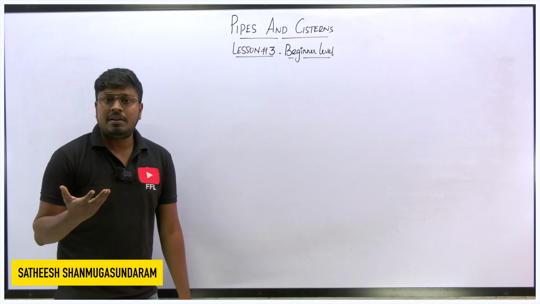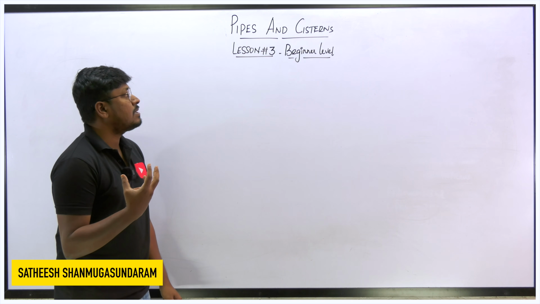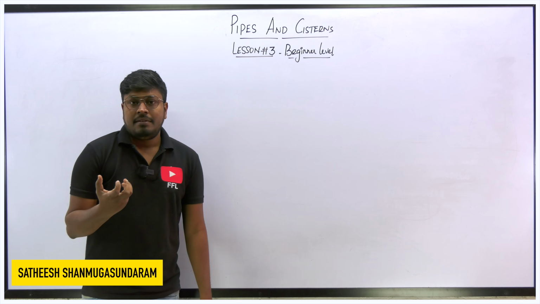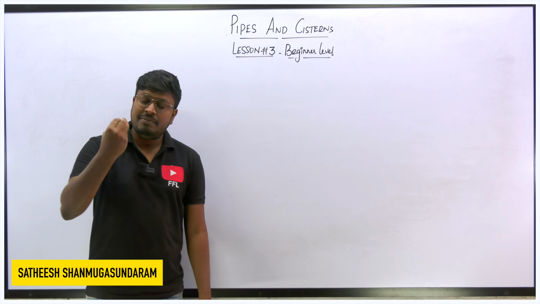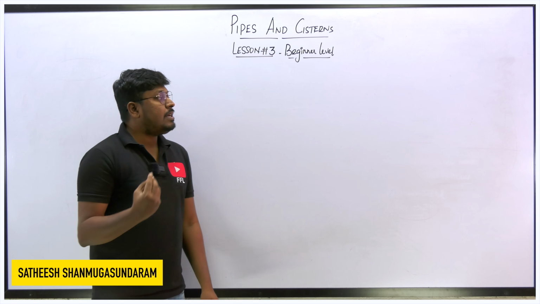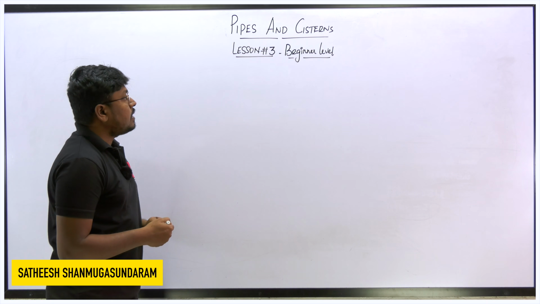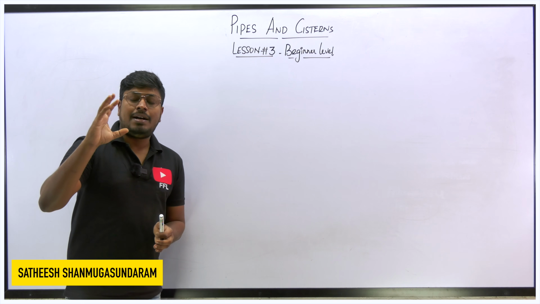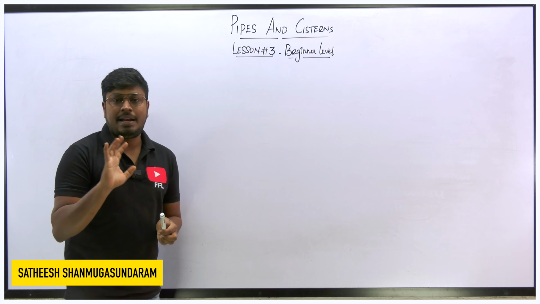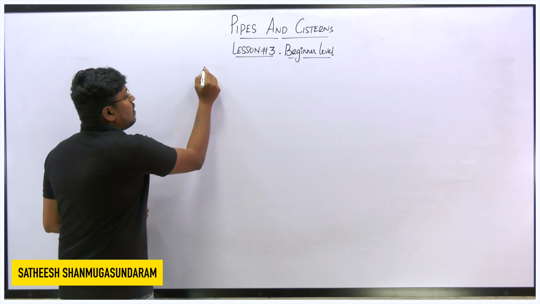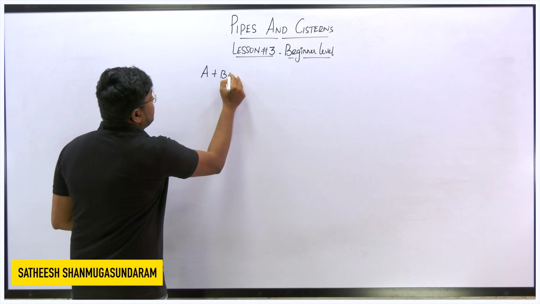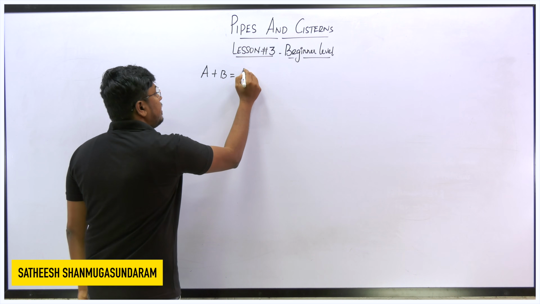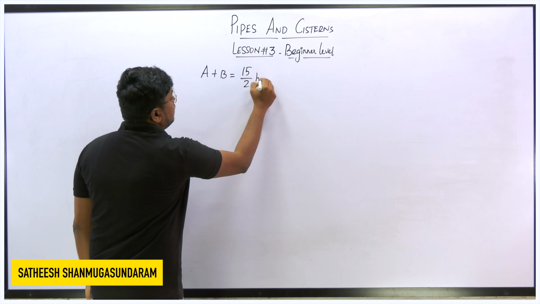But before solving a question, I just want to say a few important notes where students usually make mistakes even when the question is easy. The first note: let me take tap A alone can fill a tank in 15 hours, tap B alone in 12 hours, something like that, right? And then what do we do when both the taps are open? We usually add, A plus B. And finally, in case the answer is 15 by 2 hours,